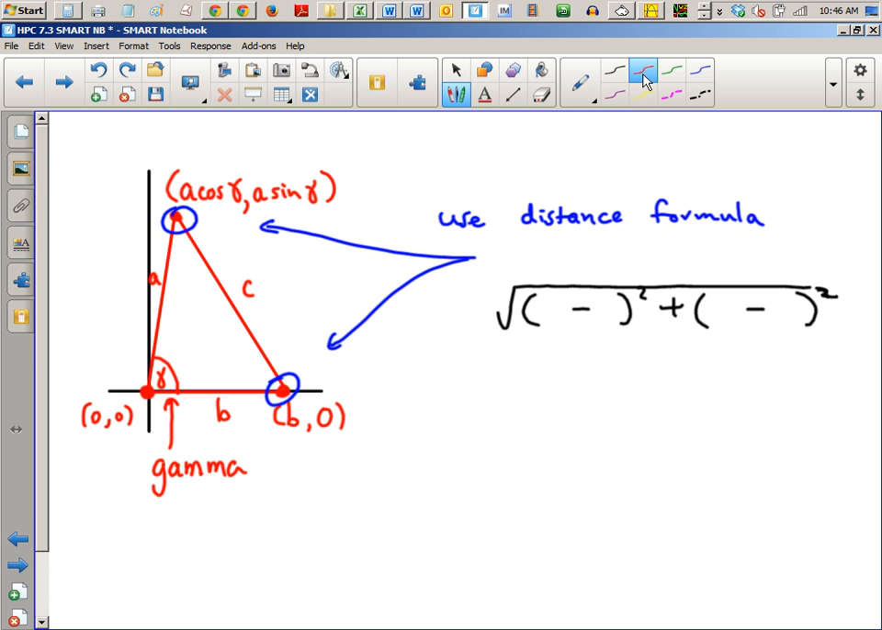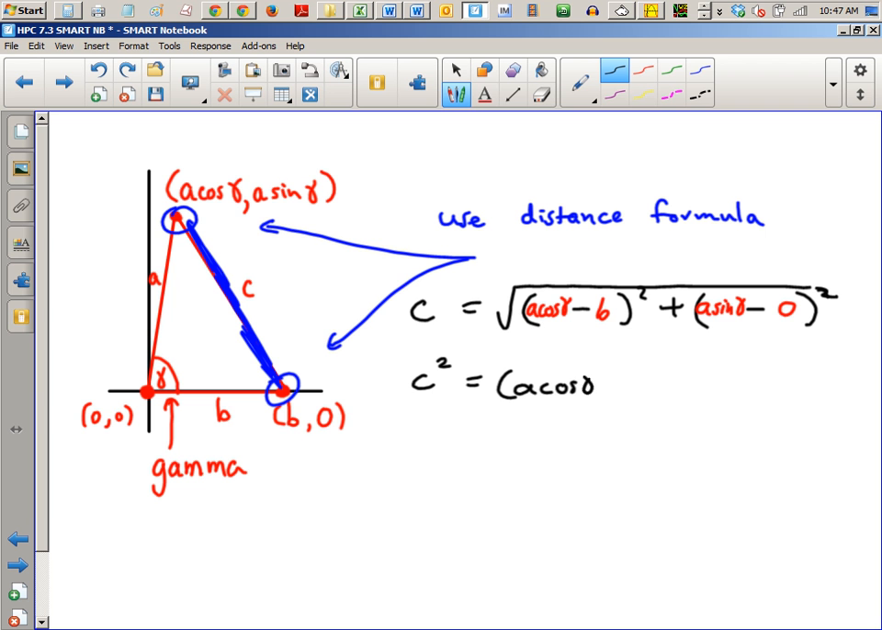It's going to look a little awkward, but we have x's and y's here. Okay, so what are my x's? A cos gamma and what? B, right? And what are my y values? A sine gamma and 0, right? And all of this is equal to the distance, the length of this blue segment, which is called what? C, yes. Okay, so C is this. Let's square both sides because I really hate radicals. So let's just write it as C squared equals